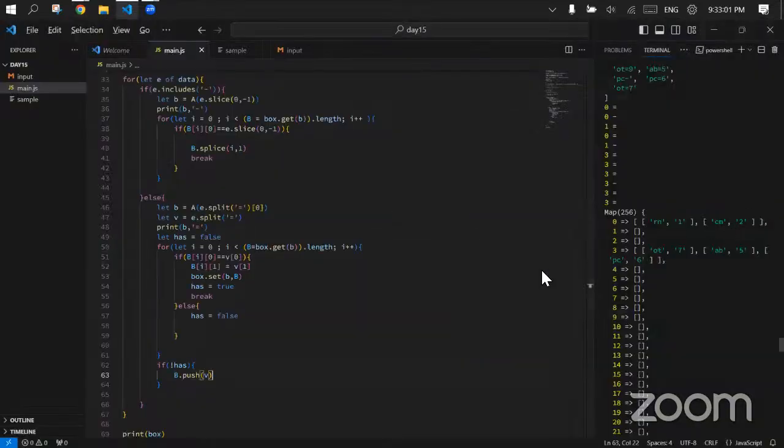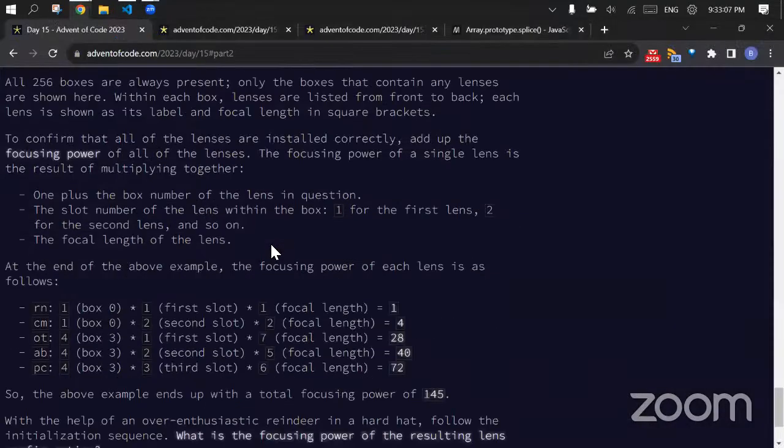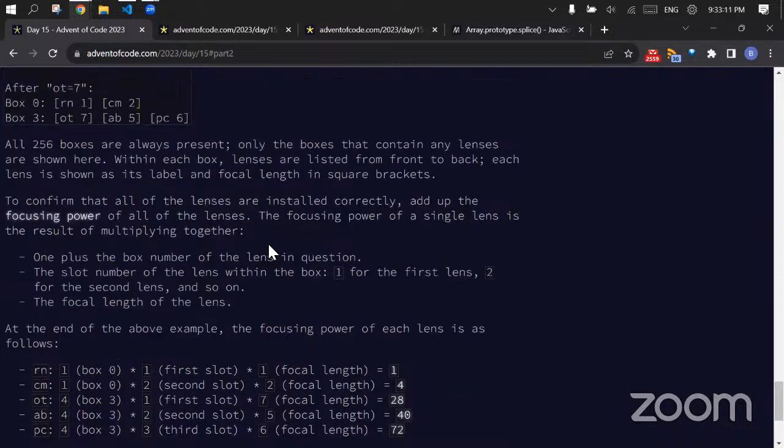RM1, CM2, OT7, AB5, PC6. Okay, great, we got that, silliness. Now, what in the heck are we going to do? Focus on all the lenses. So when I add all the focus on a lens, how do we do that? The focus for a single lens: 1 plus the box number of the lens in question,